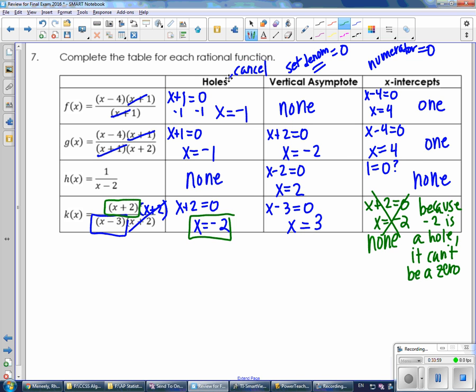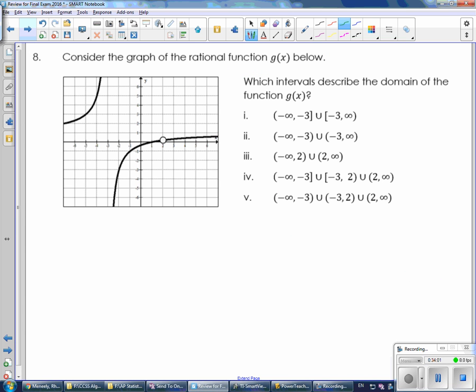Okay, let's take a look at number 8. Here you are given the graph of a rational function. When you see something like this, that almost looks like a target, that is the hole. The asymptotes don't show up because they really aren't part of the graph, but if you think about the lines